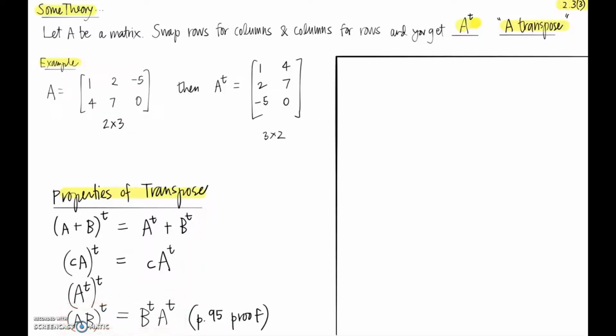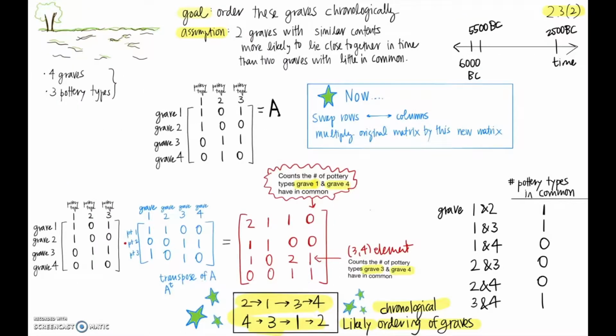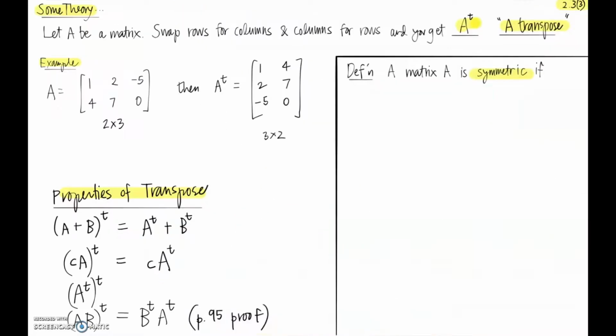Another thing that we saw in the grave example was the idea of symmetry. So we want to come up with a definition of when a matrix is symmetric. So we'll say by definition that a matrix A is symmetric if, well, how would we describe this? We saw a symmetric matrix back here, this guy, where the 2, 1 element was the same as the 1, 2 element, and the 3, 1 element was the same as the 1, 3 element. So how could we write that down formally? We could say that Aij equals Aji for each element that's not on the diagonal,